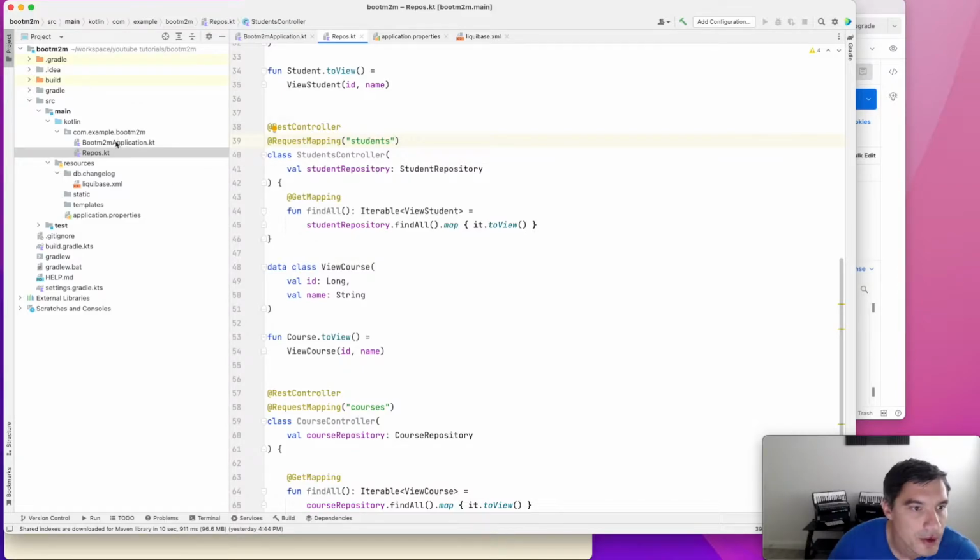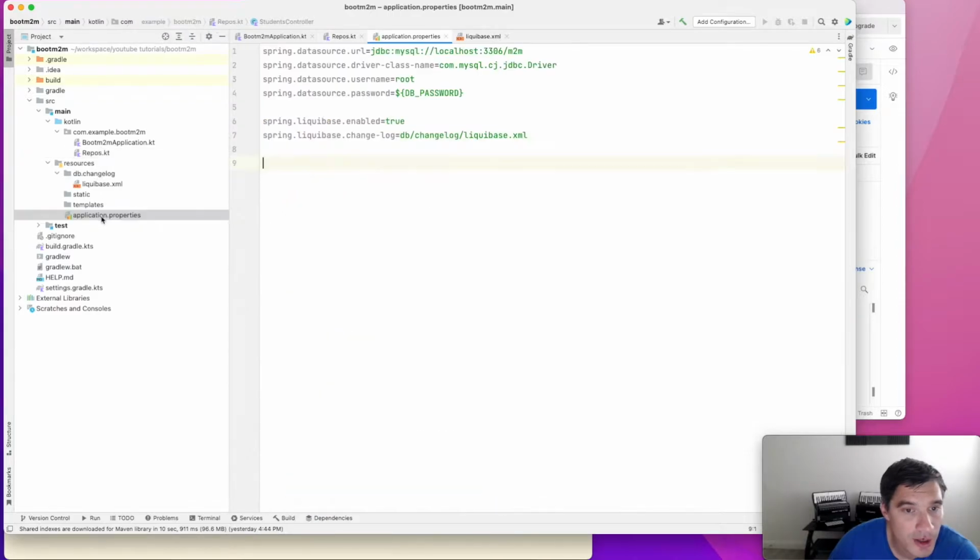controller. And now if we look in the application properties, we see that our project will access localhost 3306, which is the default MySQL port. We are using the MySQL driver, and it will access this M2M. It stands for many-to-many database that we'll need to create. It's going to use the root username for accessing MySQL and a database password that will be read from an environment